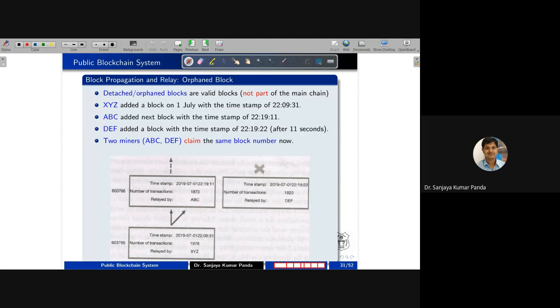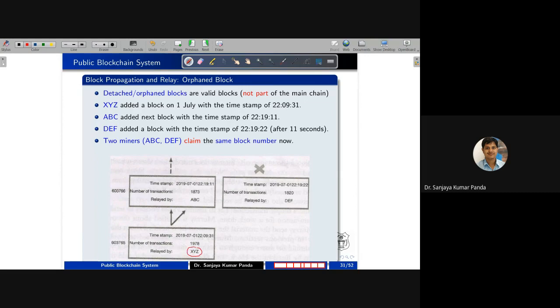Whether it is an orphan block or a normal block, both are valid blocks. But orphan blocks are not part of the main chain, temporarily. Once a block is declared orphan, it is sent back to the mempool, and from the mempool it may again become part of the blockchain. But they are not directly part of the blockchain. Like here you can see